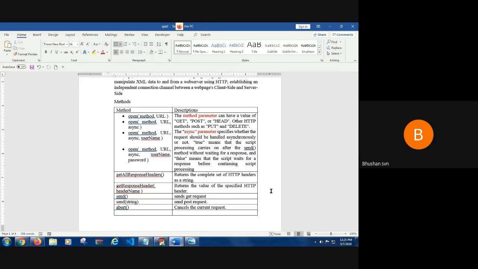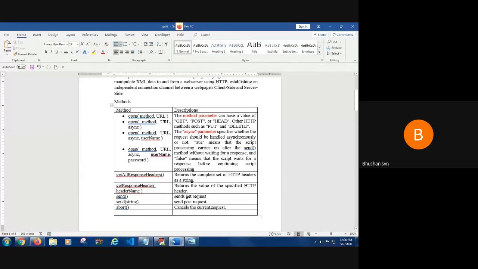All this information can be retrieved by using getAllResponseHeaders, like from which ID it has been sent, what is the type of the text it has been sent, whether it has been sent in the proper format or not. There are some six to seven kinds of parameters which are used. If I want to get information about all those things, then I can use getAllResponseHeaders.